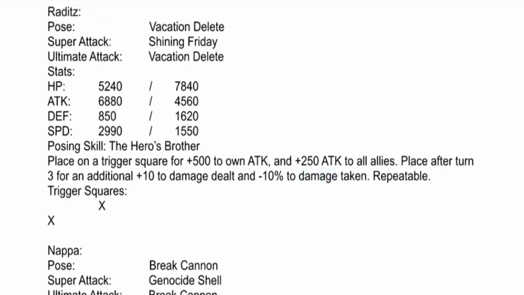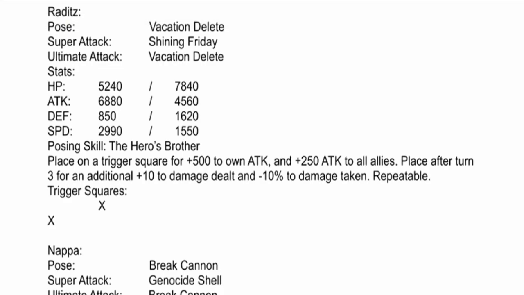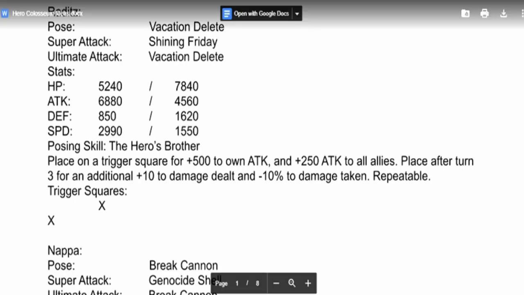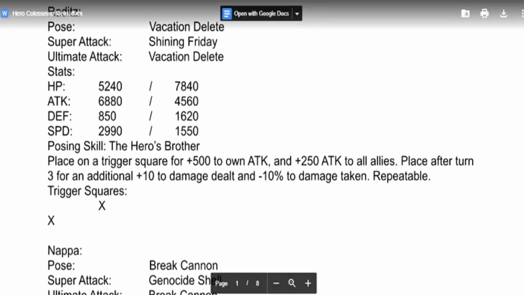Seems interesting. You're competing for a few other roles with an ability like that. I think Broly is a good example, the original Broly figures. They're a bit better than that, but their stats are a bit different, and so is the first half of their ability. So, I'm just trying to figure out 500 to own attack, 250 to...